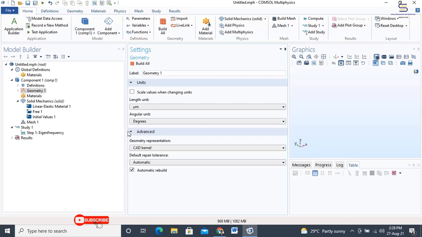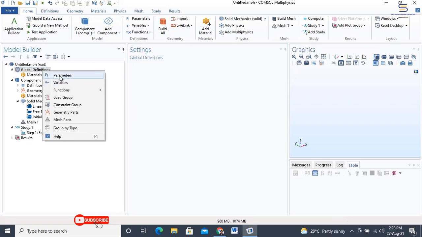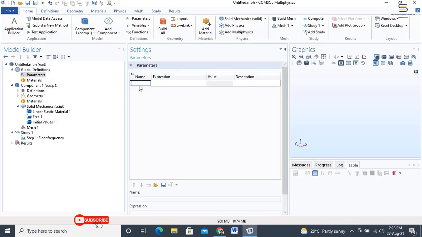Now go to the parameters by right clicking on the global definition. On the parameters, name beam length as beam L with 300 micrometers.